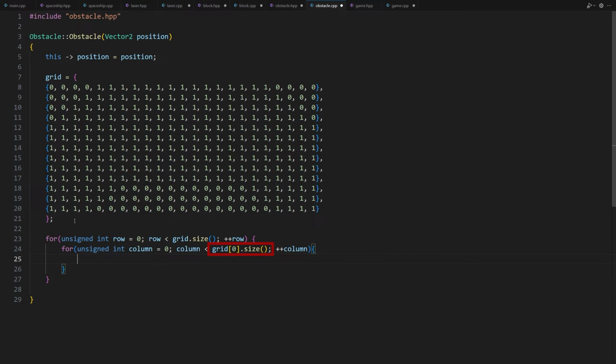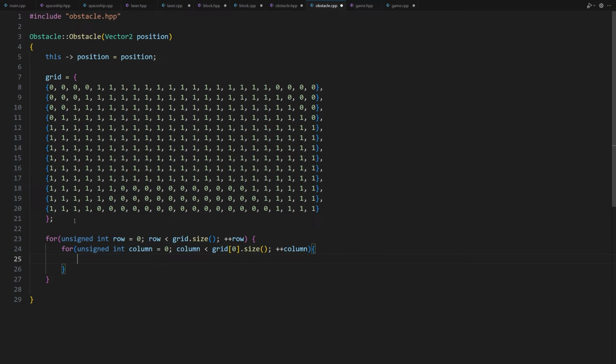This expression returns the number of columns in the grid. Since grid is a vector of vectors, grid[0] refers to the first row in the grid, and grid[0].size gives us the number of columns in that row. These two lines of code help us go through every cell in our grid. We want to see what's inside each cell and decide if we should create a block there or not.